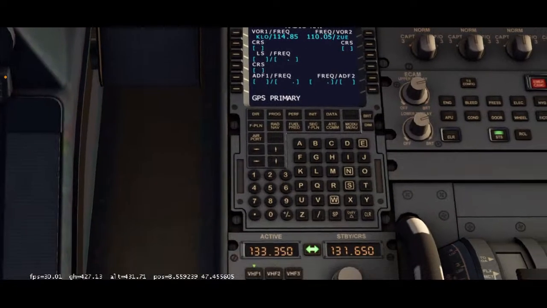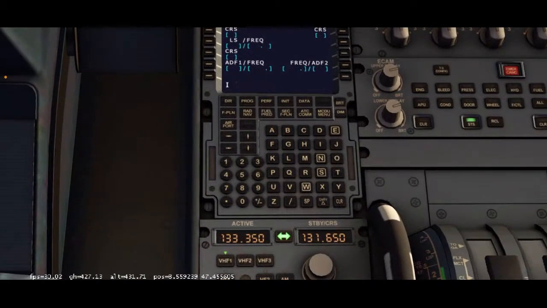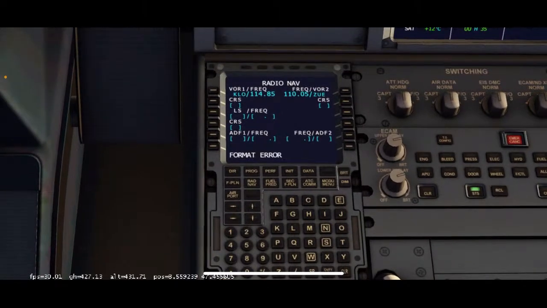So we're going to put in India Sierra Whiskey. Whiskey, there it is. Slash 108. Would you just look up that frequency online or something? 0.7, and put that, I believe, over here.